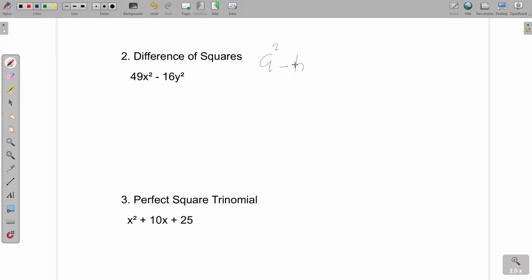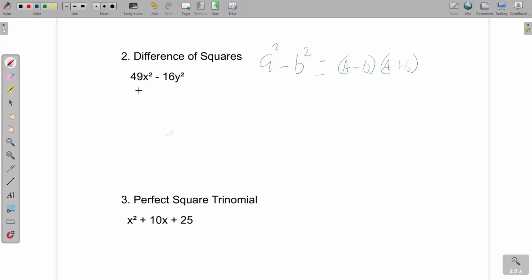a squared minus b squared equals a minus b times a plus b. And so when we're looking at this equation, 49x squared minus 16y squared, an easy way is, once you learn your squares and your cubes and stuff like that,